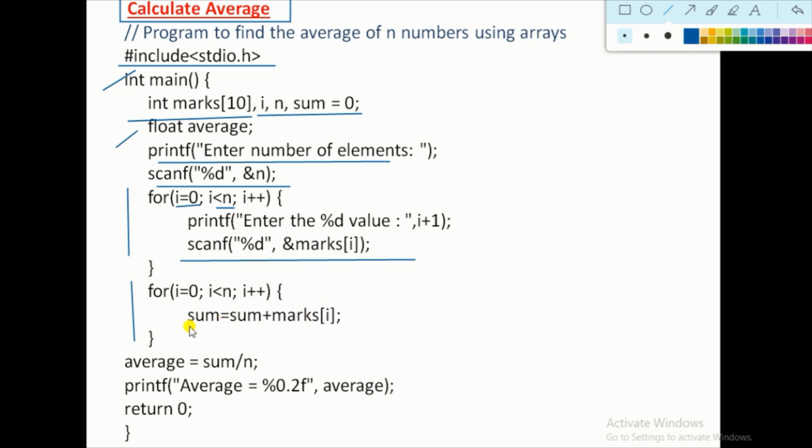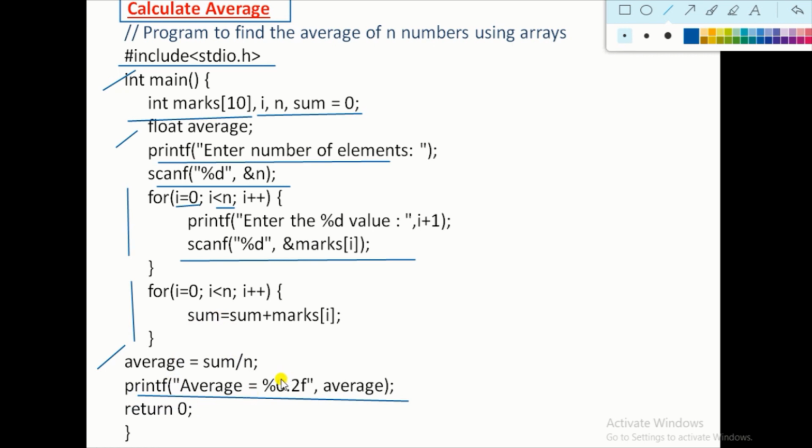Okay, so whenever we get the sum value, now it is easy to get the average. Average equals sum divided by the number. We know that it is the total value divided by the count of numbers. In this way we get the average. After the average operation, it stores the value inside the average variable. Now this time we print the value of average whatever we get.